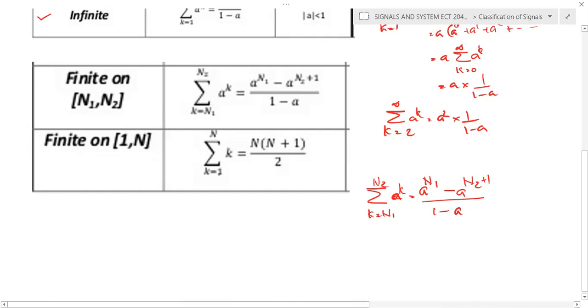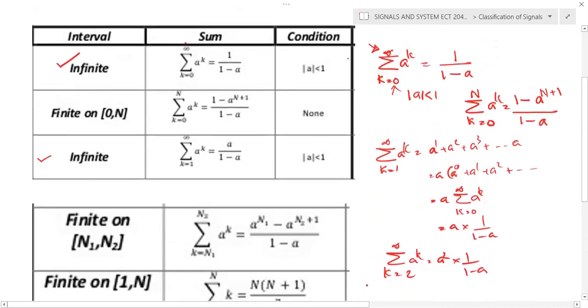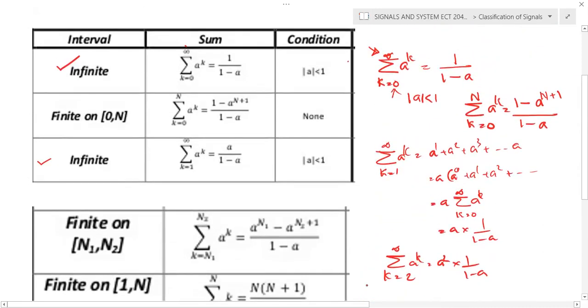And when it is from k is equal to 1 to n, it is the sum of the first n natural numbers formula. So if you substitute k, it is 1 plus 2 plus 3 plus up to n. That is simply n into n plus 1 by 2. So now we have discussed some basic sum formulas and the basic concepts in complex numbers and trigonometry, etc.